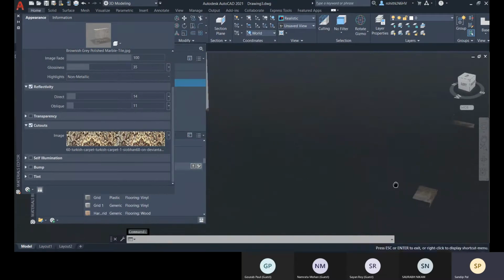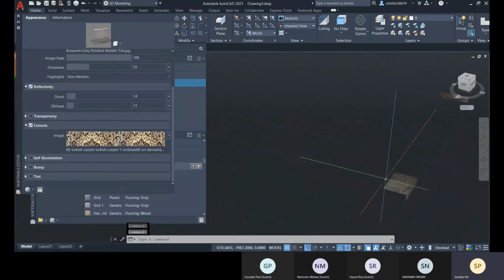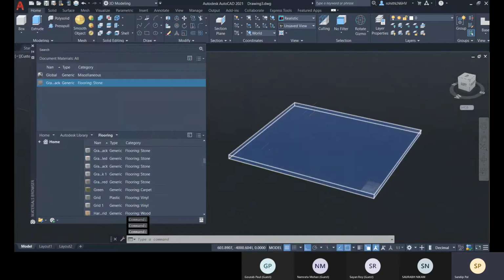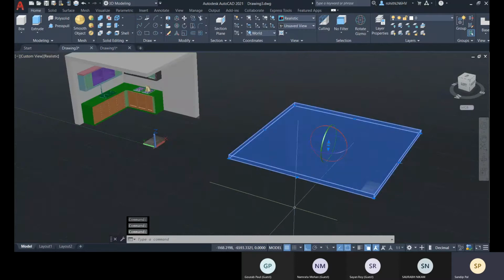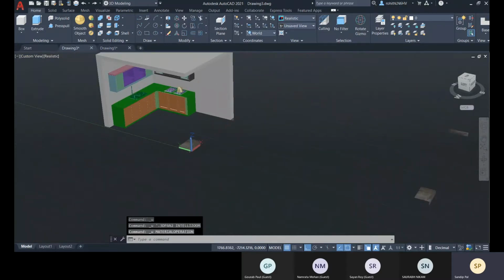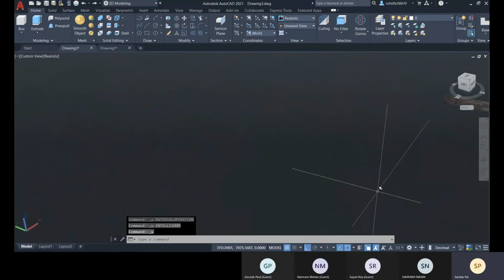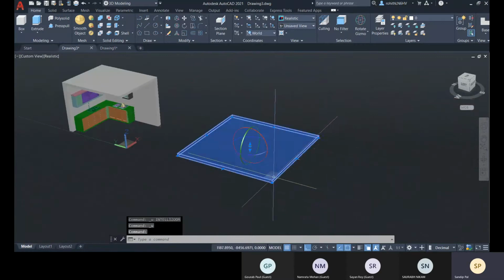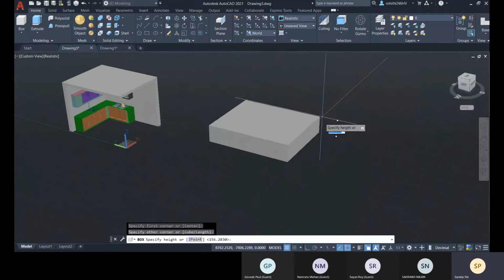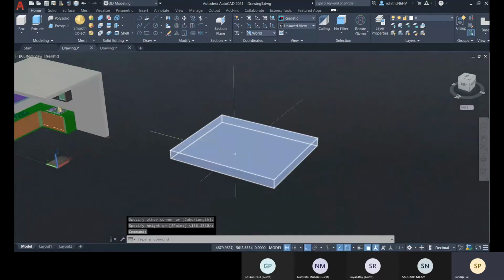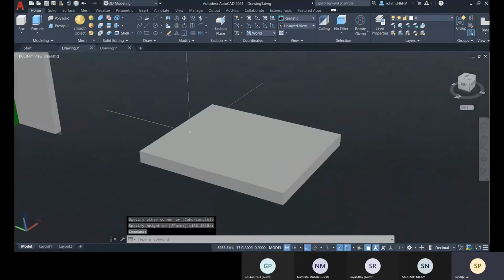I am not getting that result properly. So for that, let me apply that material on only a particular face, only on this above top surface.